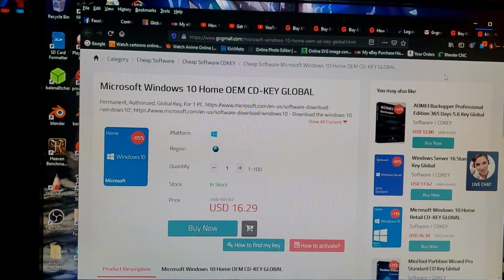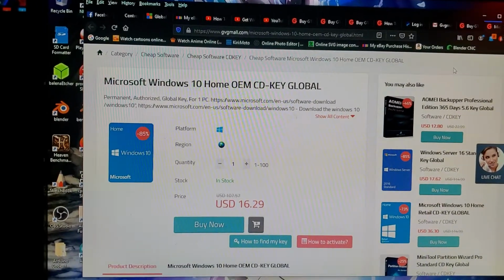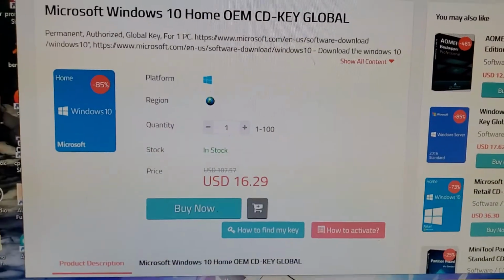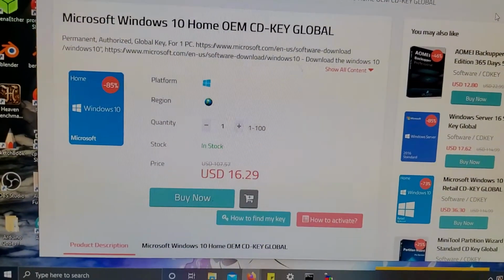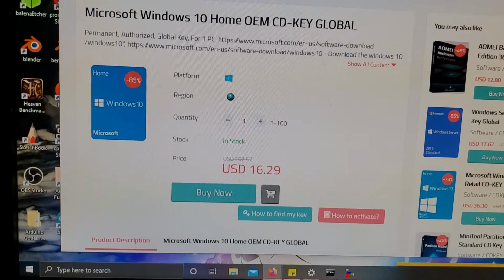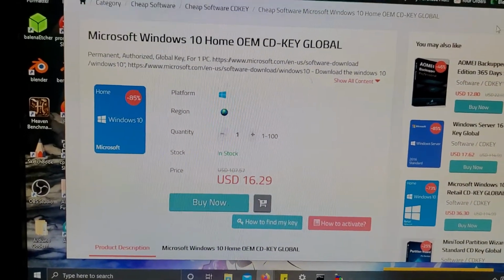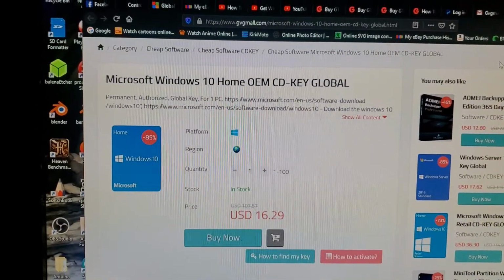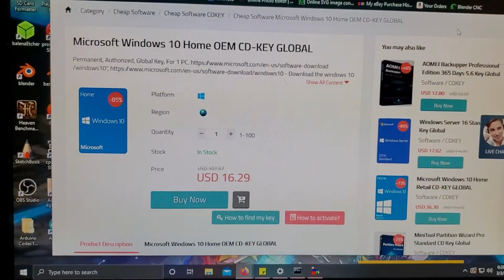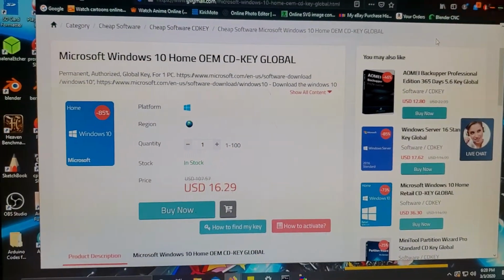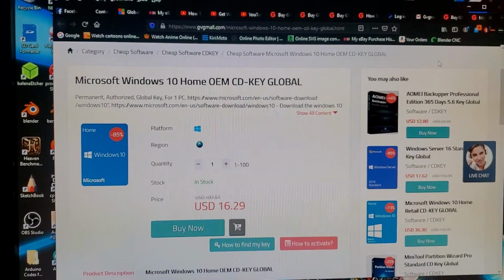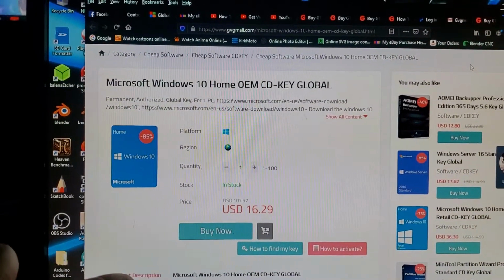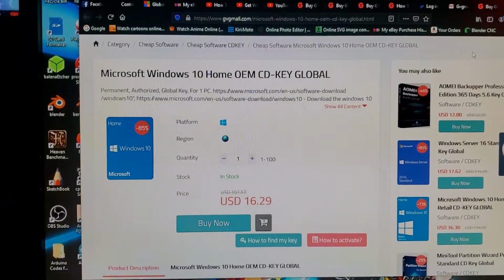So I went to this website that I found called GVG Mall, and you can see here Windows 10 Home Edition, which was already on my PC. I didn't want to reinstall Windows 10 to get Pro. Honestly, I don't really need all the extra features, so I don't really care about all that. I mean, maybe later on, maybe I'll install it onto my SSD, I have an M.2 drive that I can probably do it on, which isn't even expensive for the Pro either. It's like $1 more or something like that. All I know is I bought this one here, and I even had a coupon code that brought it down to like